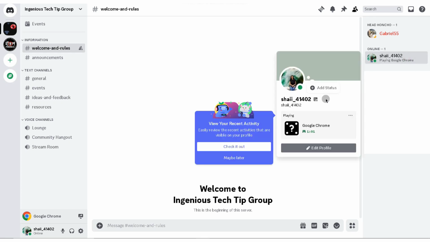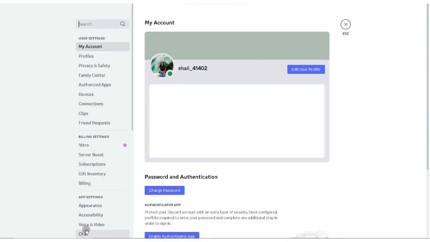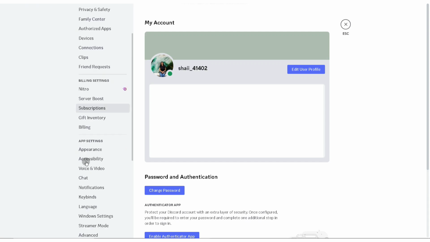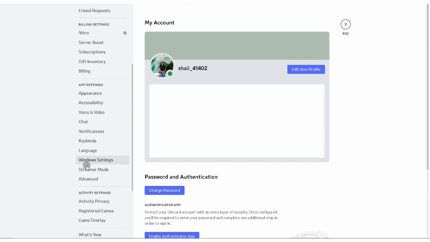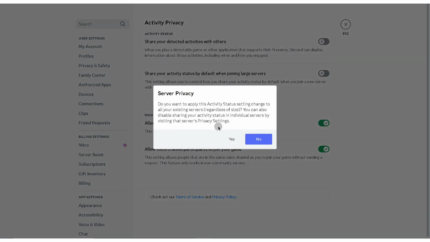To enable or disable it, what you'll need to do first is to go ahead and head over to the settings section. So go ahead and click on settings. And here, go ahead and scroll down and look for activity settings. Under it, go ahead and click on activity privacy. Now make sure to enable share your detected activities with others and enable your share your activity status by default when joining large servers if you want to enable it, and click on the disable button if you want to